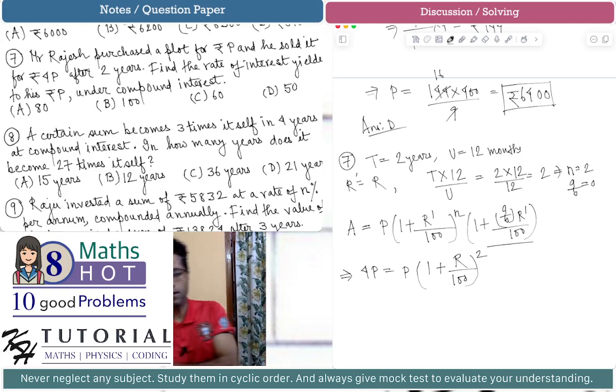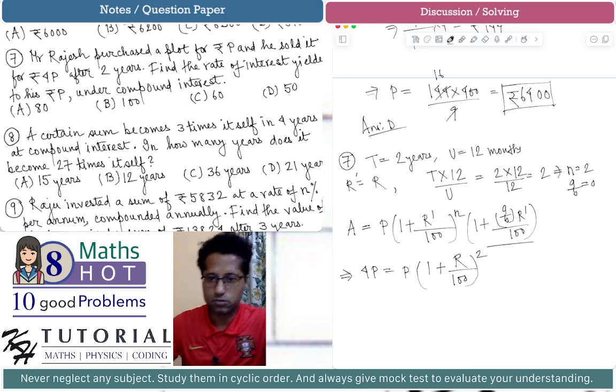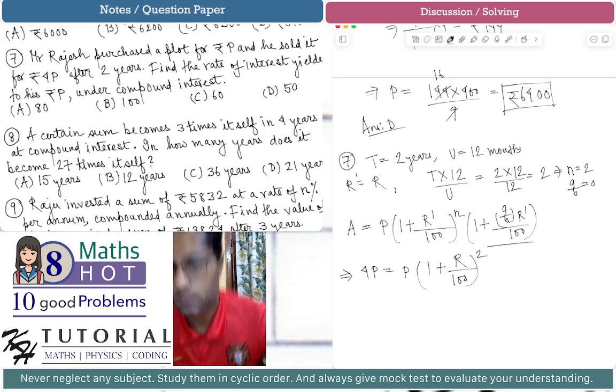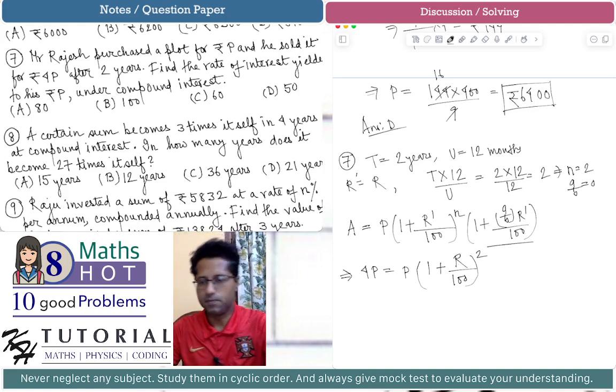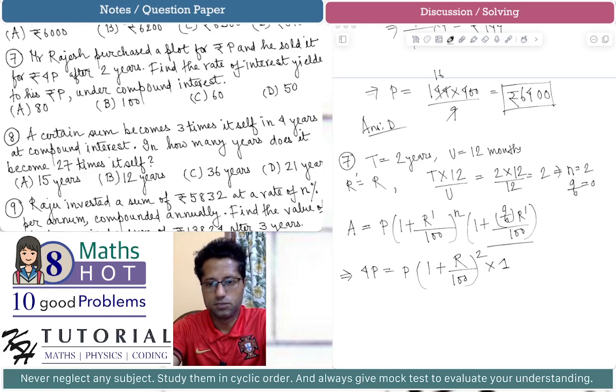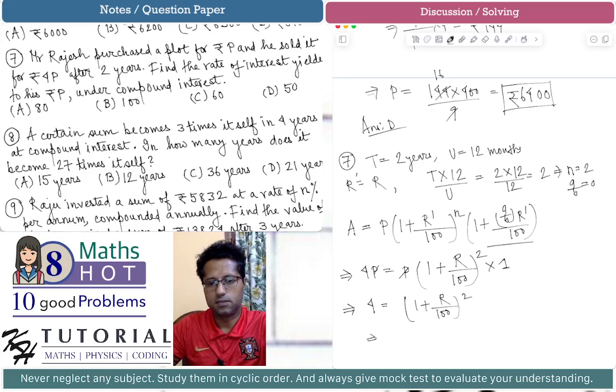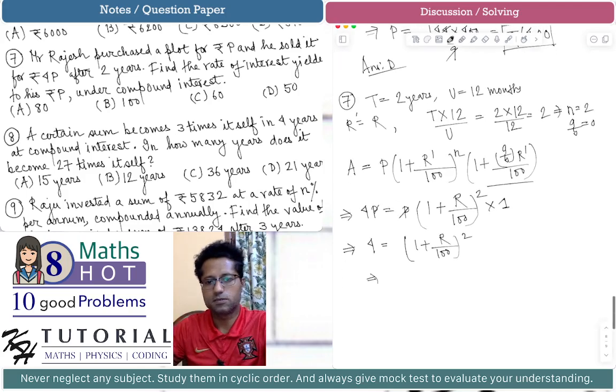Okay, so we are having a square. So the third factor in the equation on the right hand side, since a by b is 0, the third factor will be 1. So we have multiplied by 1. Okay. So this is the formula. So this implies we can cancel P from both sides, and we get 4 is equal to (1 + R/100) squared. So this implies that 1 plus